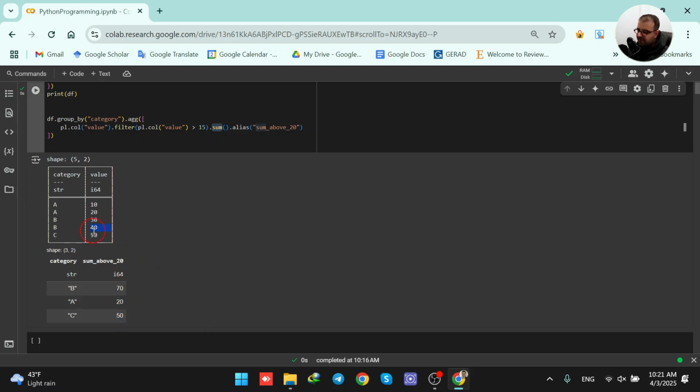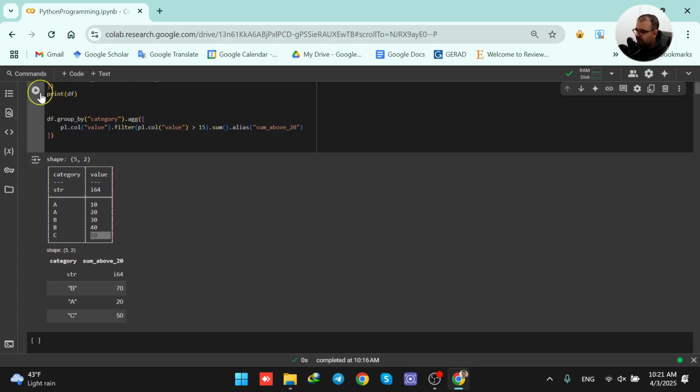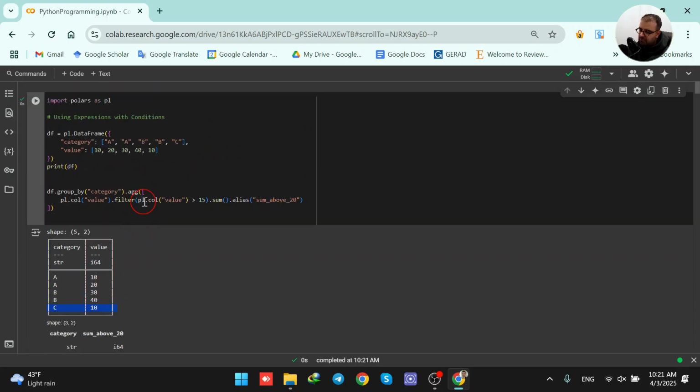But if this 50 was 10, when I replace it and run the code, we see that for C we have 0. Why? Because 10 is not larger than 15, so it's not included. So this is how we can put conditions. We are putting the condition that we include only values that are larger than 15 in the